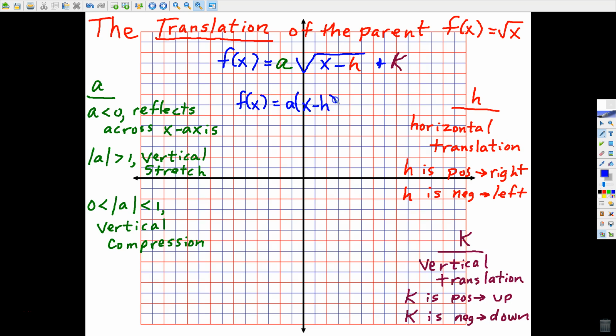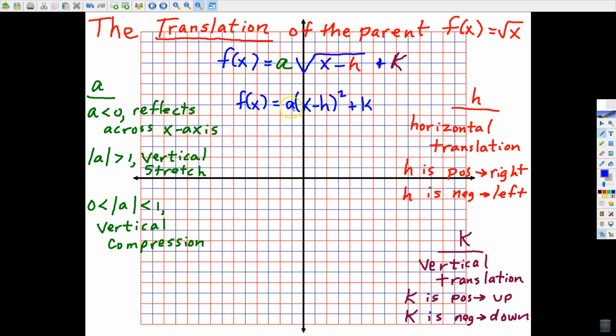Okay, this isn't going to come up today, but I always like to go back to where we've been and relate it to where we're going. This is the translation of the parent y equals x squared. This is actually called vertex form. And a tells us